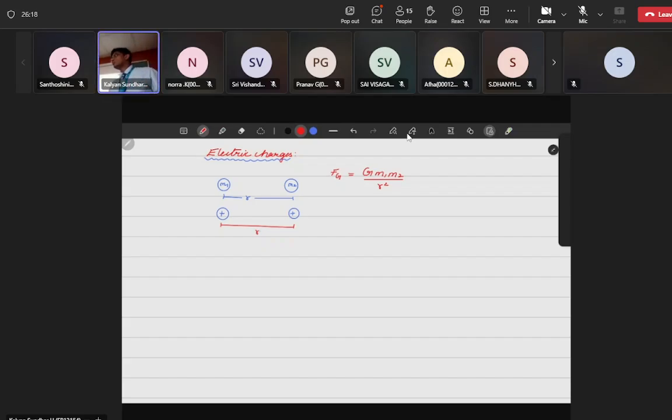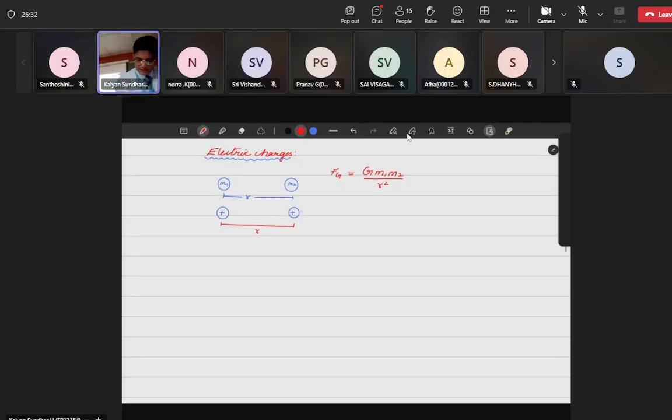If I'm just keeping two similar charges, then what they experience is that the gravitational force between the bodies has been changed. So beyond this, there is one more property which is called the charge. So this will be the charge of the proton, and the force between these we will mention as F subscript E, or electrostatic force,